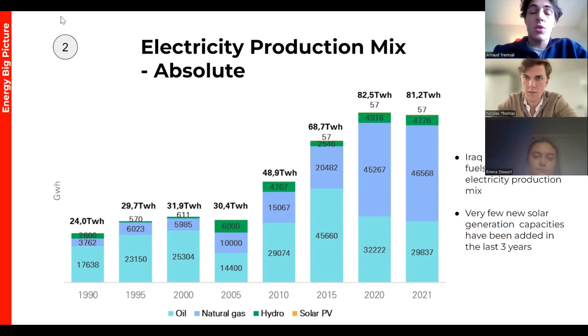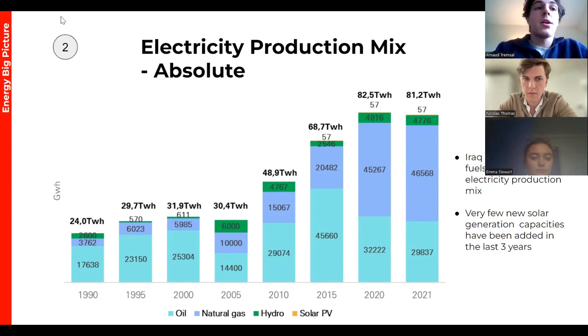Surprisingly, no coal is used for the electricity production in Iraq, and that is also something that we can observe for Saudi Arabia in the same region. Since the 1990s, Iraq has had functioning hydropower plants, which still account for nearly all the remaining electricity produced, with 6% of the total production.